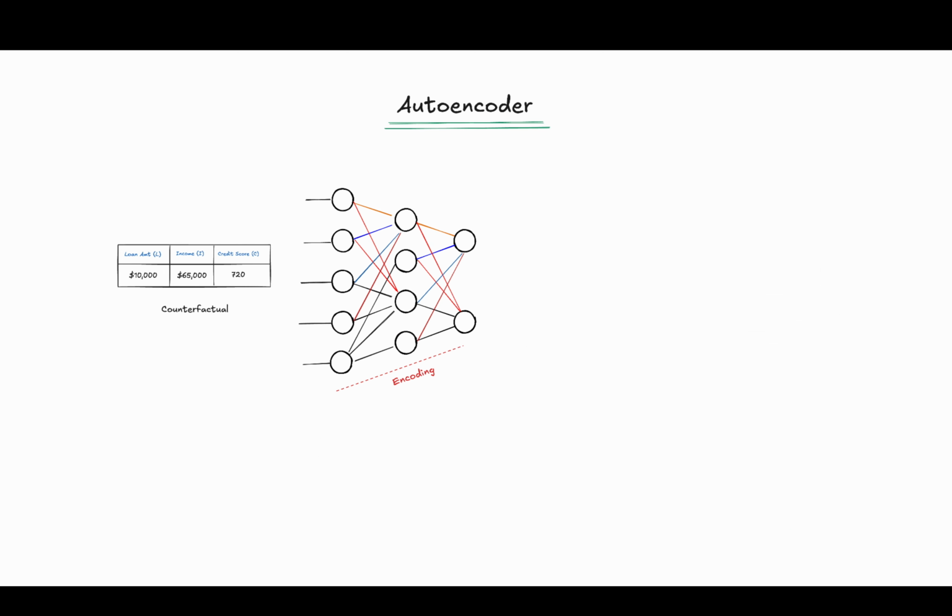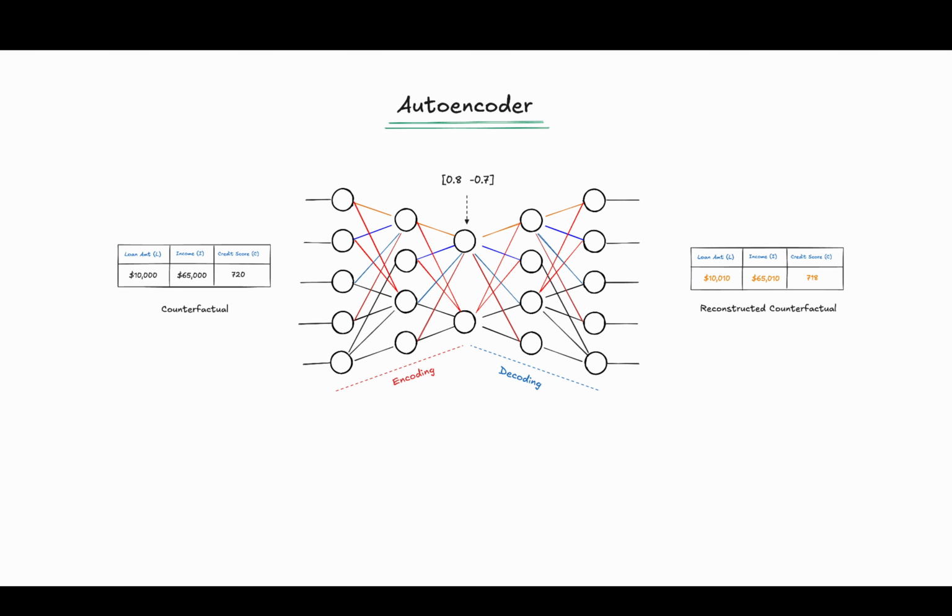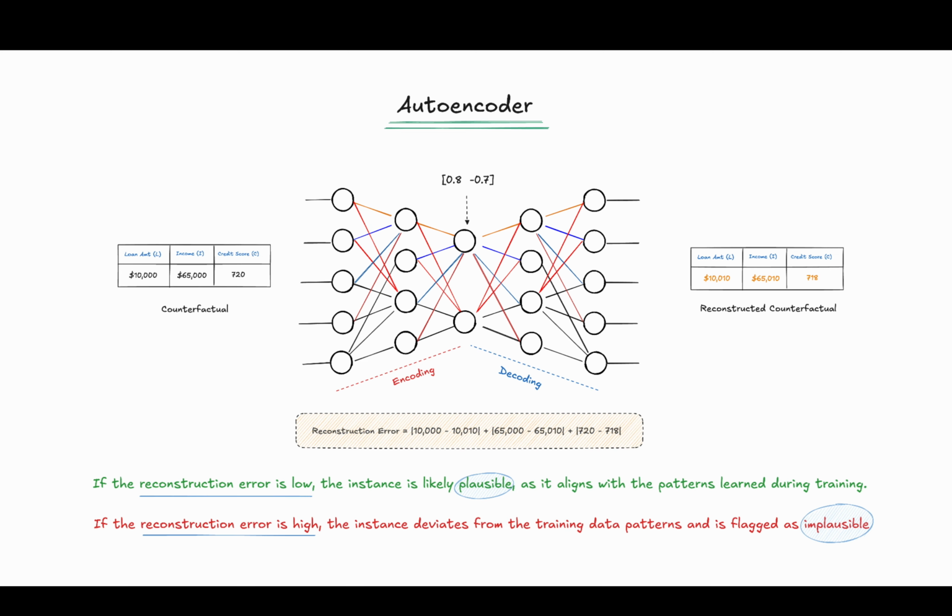Now let's see how the autoencoder can help us evaluate counterfactuals and see whether a counterfactual is plausible or not. So here's a counterfactual: increase income to $65,000. The autoencoder takes this counterfactual and tries to reconstruct it. Now, if the reconstruction is close to the counterfactual, it means the changes align with the patterns the autoencoder learned during training. So the counterfactual is basically plausible. But if the reconstruction error is high, it means that the counterfactual doesn't fit these patterns inside the training data,